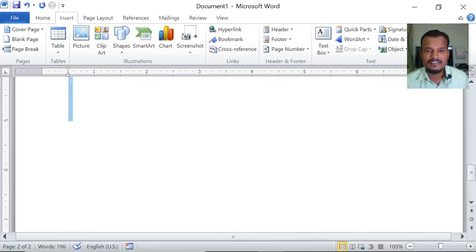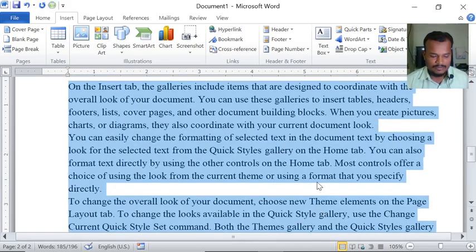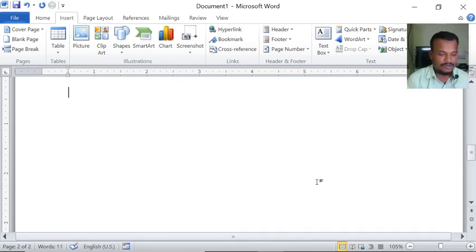We can also give this command like this: is equal to RAND and the open bracket, how many paragraphs you want, 3 paragraphs, and in each paragraph how many lines you want, two lines, again close.